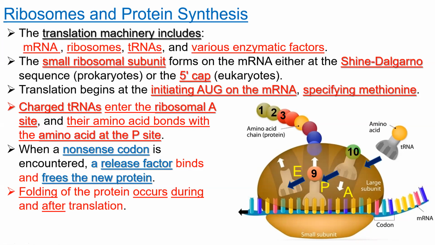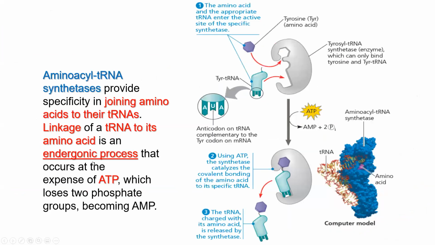In eukaryotes, there is no Shine-Dalgarno. In eukaryotes, the messenger RNA has a cap. We call it the 5' cap. And that 5' cap is where the ribosome binds and initiates the process of translation. Okay? There's a big difference between bacteria and eukaryotes in how the ribosome recognizes the sequence. Okay?